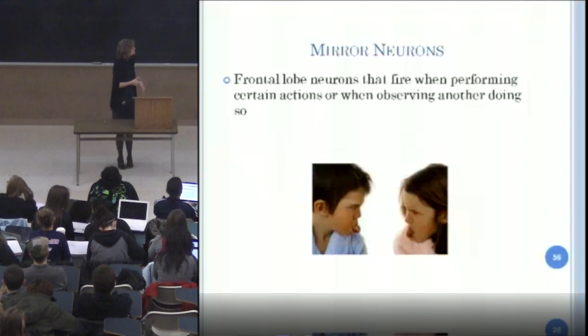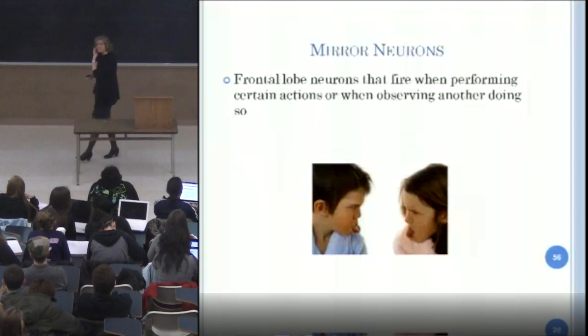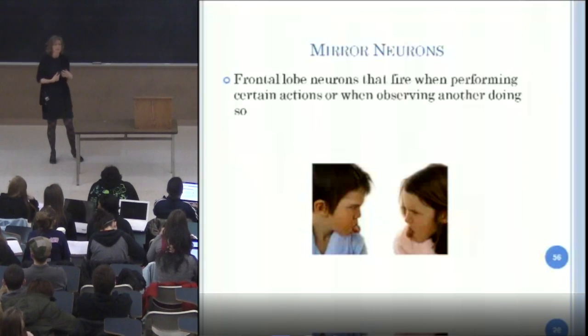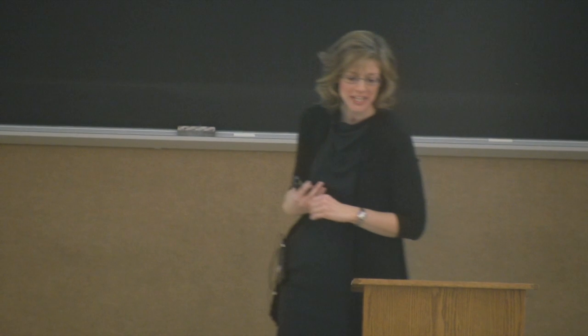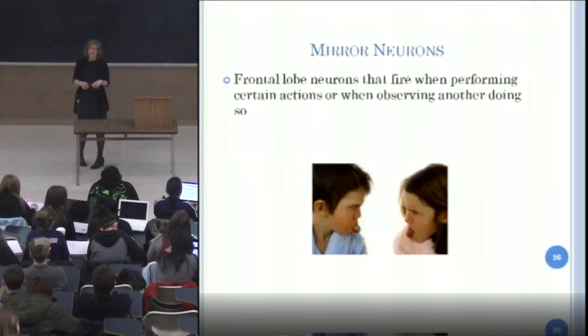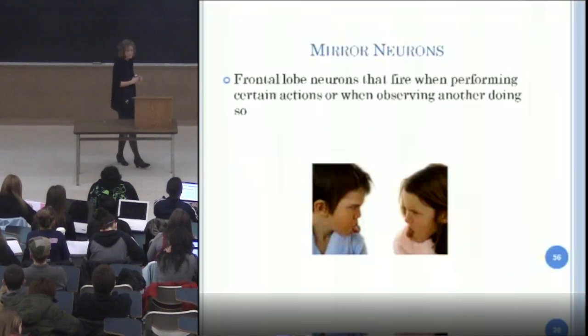Okay. So is there a biological basis for this type of learning? Is there a biological basis for learning from observation? And in fact, there might be. Researchers in the last decade have been focusing on what they call mirror neurons. And mirror neurons provide a neural basis for imitation and observational learning.